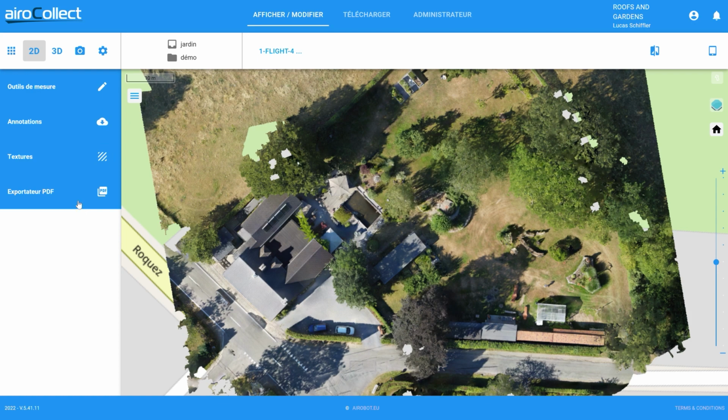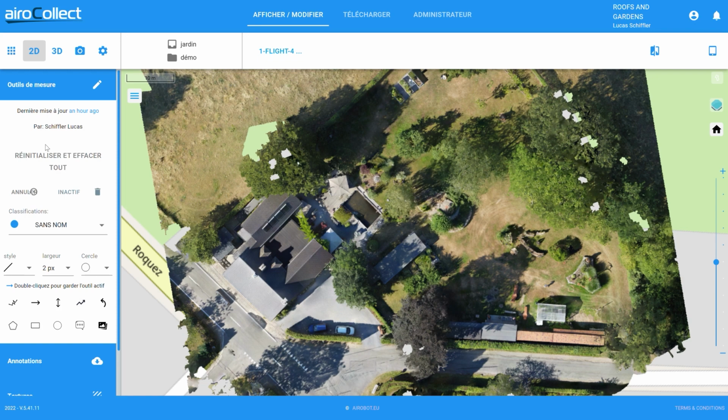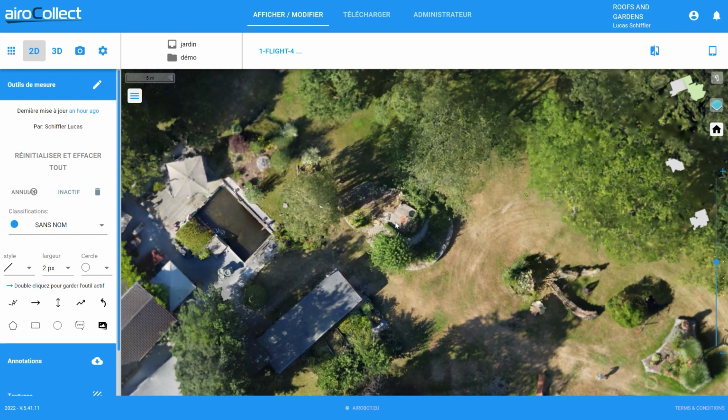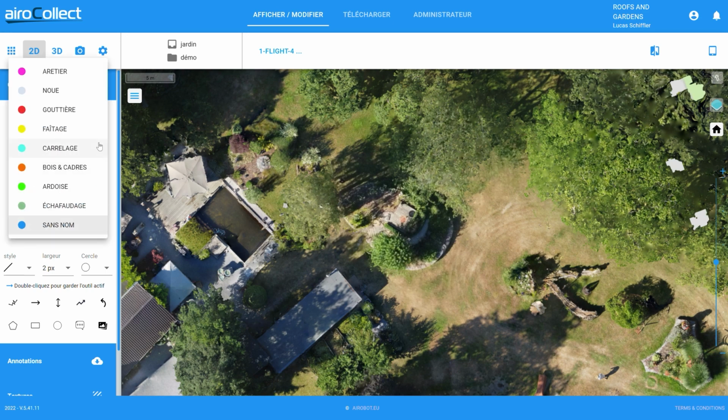In the first option, the measurement tools, you can find all the tools to measure and to draw. You have the possibility to clear all the settings. You can also cancel the last action you did. You can enable the delete functionality, in which you can delete different objects. You can choose the classification of the object that you're going to draw. This is an example for roofers, but by the admin and the classification, you can choose any parameter,